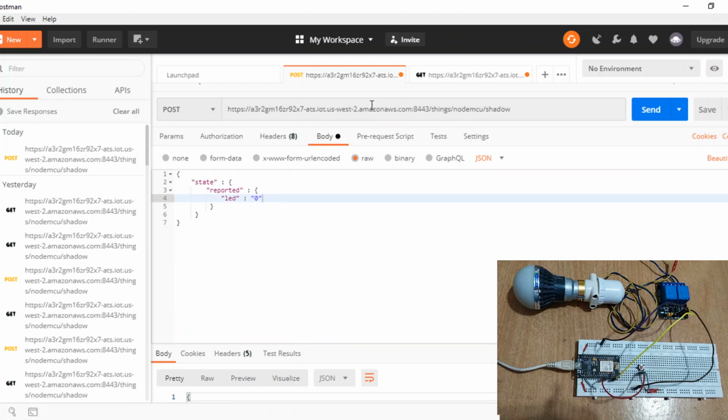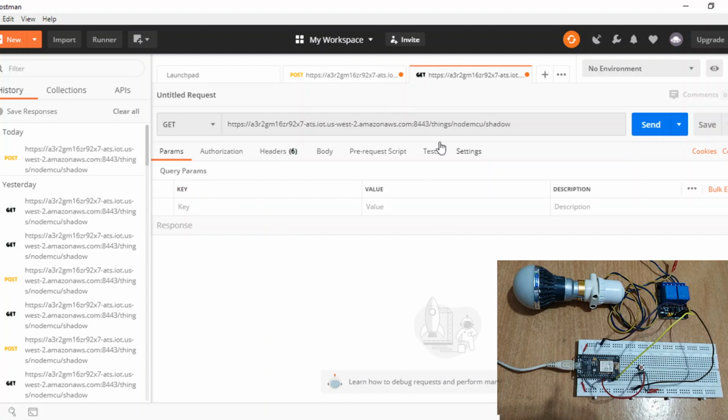Fine. And we can also get all the thing state, which is basically the thing here is NodeMCU, and we are going to get the state, each and every data. Basically we will understand it more clearly when I discuss Things Shadows in the IoT session.